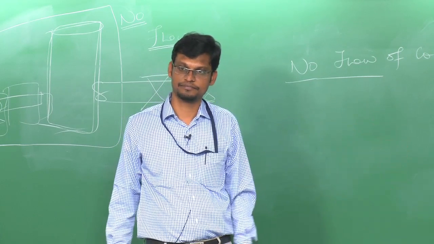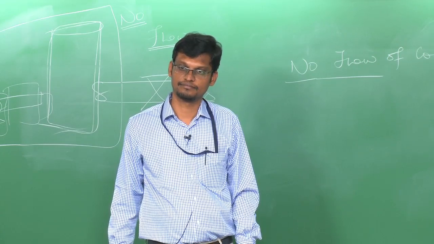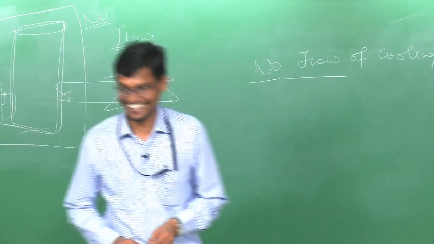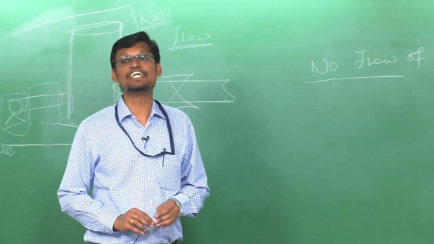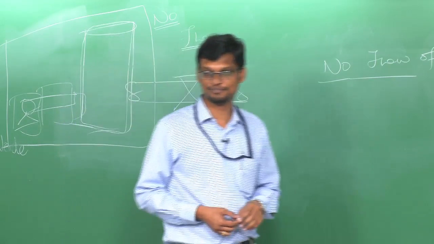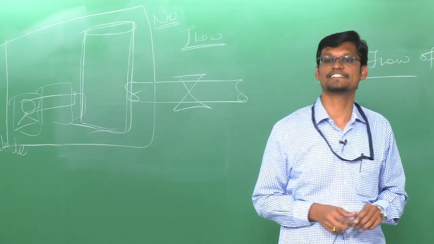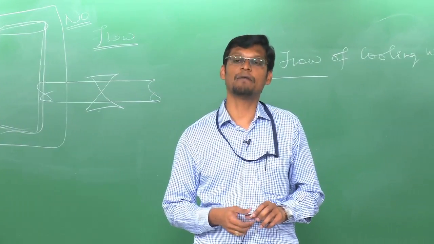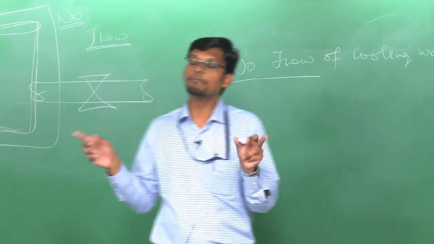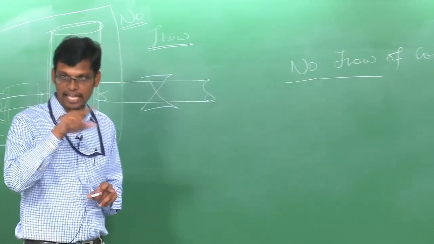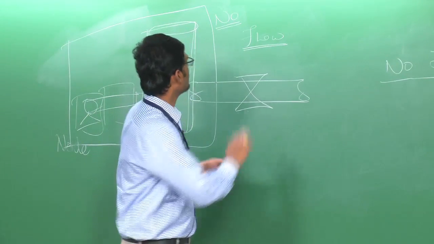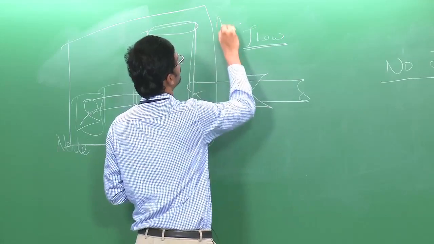What can happen? Why do you say that? See, it depends. Assuming the same tank has an agitator, or you are mixing two substances, which is what typically happens in reaction vessels in the pharma industry. If you don't mix it in the right composition, with A lower than B, then it can result in some other type of problem. What will happen if there is more flow? When can more flow happen?